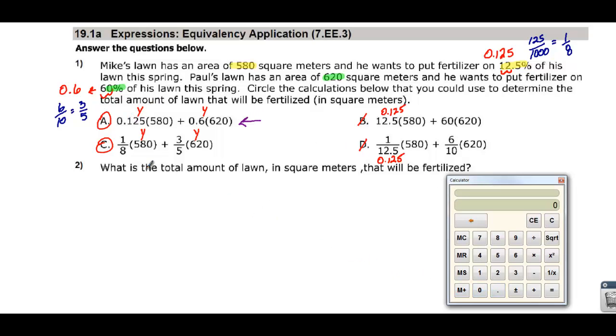So I have 0.125 times 580, that's going to be 72.5 square meters,